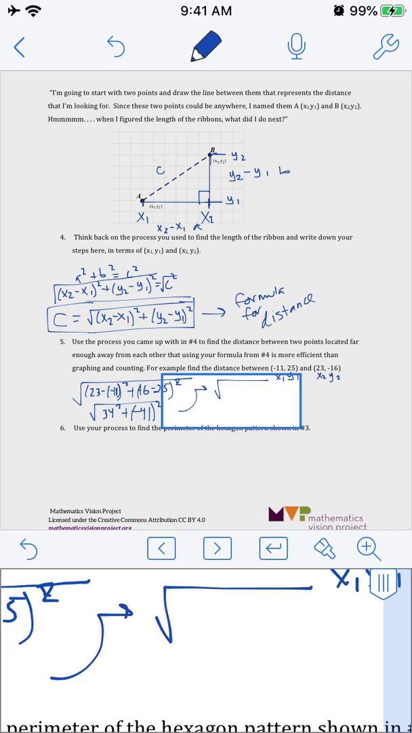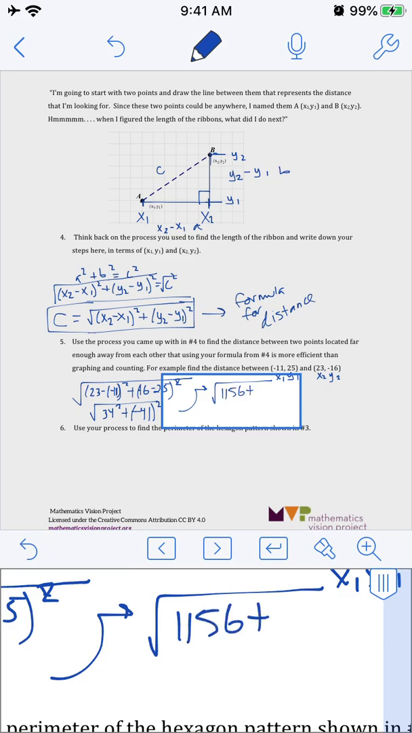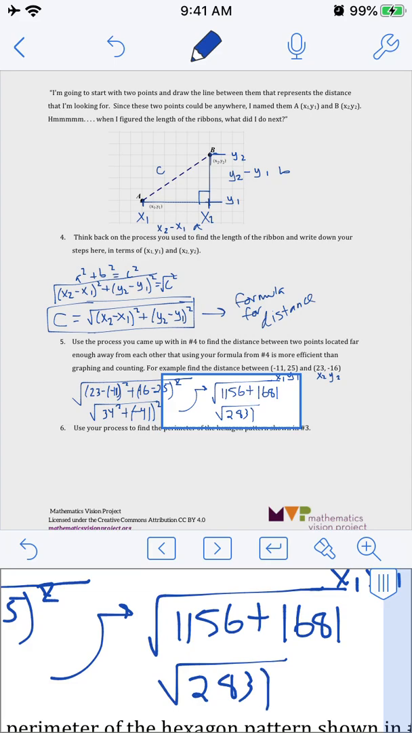Square root of all of that. We would do the squares first. So we get 34 squared, which is 1156. Notice the positivity. And then negative 41 squared, which we know will be the same thing as positive 41 squared. And we get the square root of 2837, which is about,